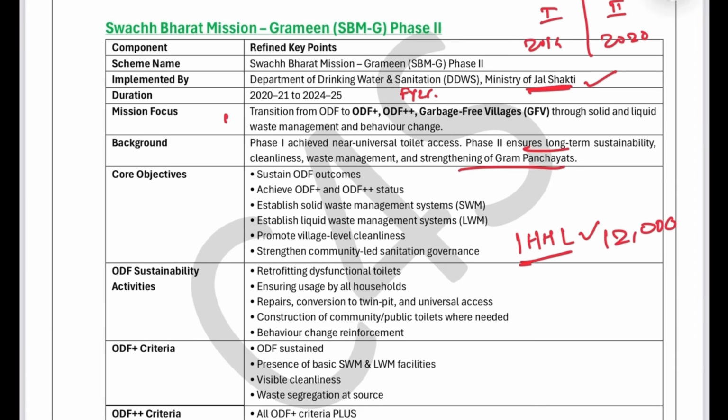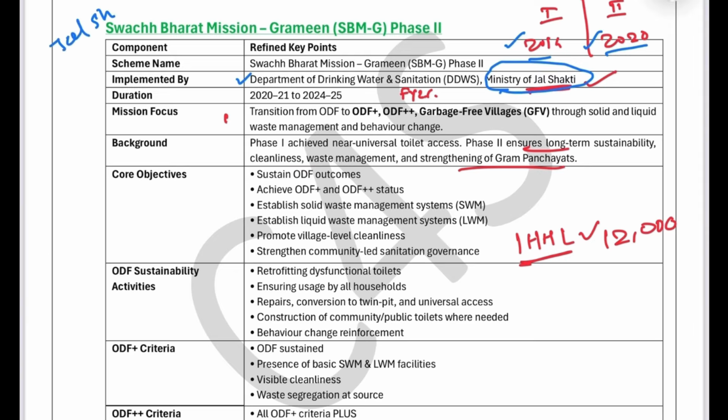Let's discuss the last scheme for today, that is Swachh Bharat Mission Gramin, SBM Gramin Phase 2. We know that Phase 1 was launched in 2014 and Phase 2 was launched in 2020. We are giving near universal toilet access to Gramin people, and we want to ensure that this status is sustainable in the future. The implementing ministry for Swachh Bharat Mission is the Department of Drinking Water and Sanitation, that is Ministry